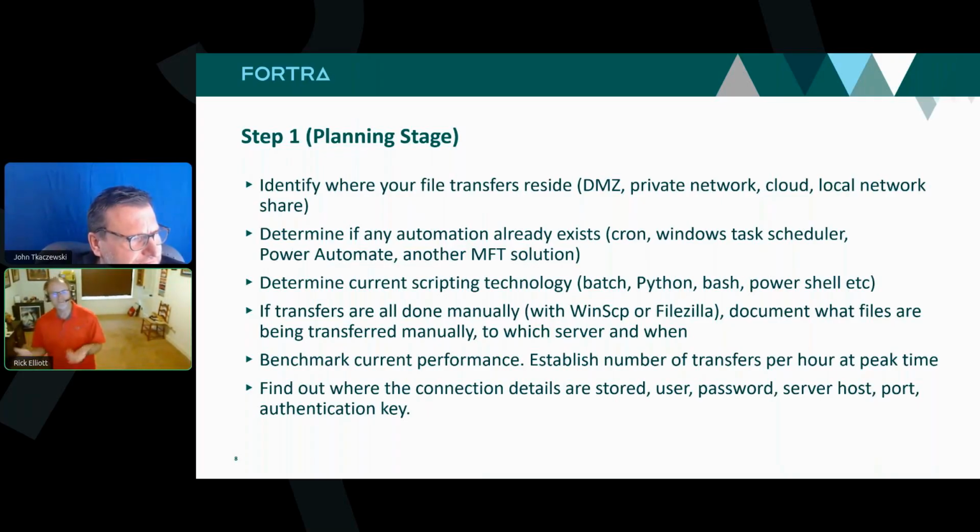Then you want to determine, what am I doing for my automation? Am I using a cron job? Am I using Task Scheduler from Windows, Power Automate? Am I using a work job schedule entry from IBM i? What am I using, and can I take advantage of it? Can I still use it? Does the product that I need to use integrate with these outside processes? The answer there for GoAnywhere is yes, we do integrate with those additional products. And then you want to determine your current scripting. Am I using Bash, Python, PowerShell? What am I using to actually move my data?